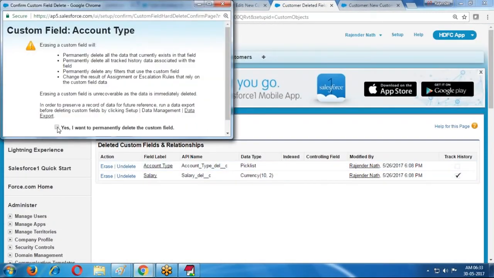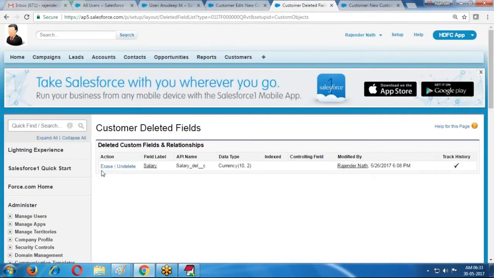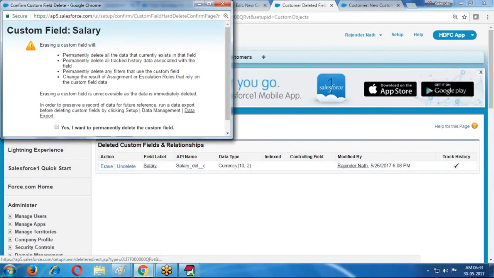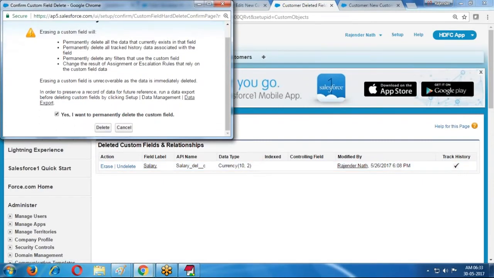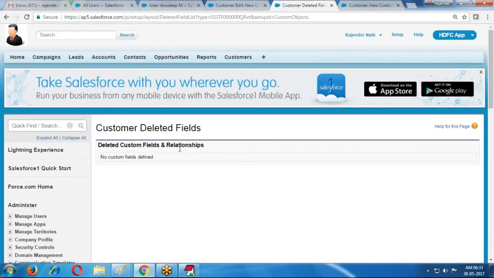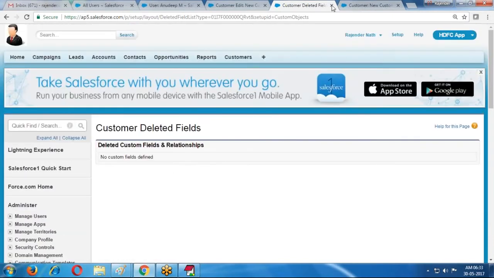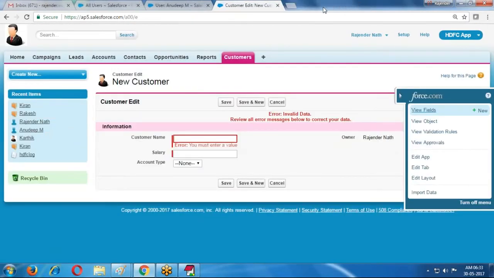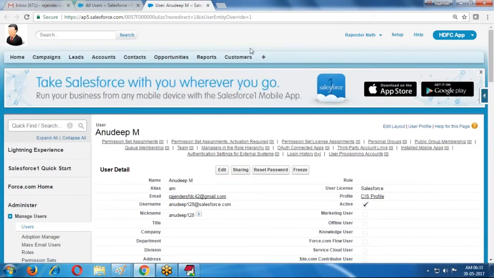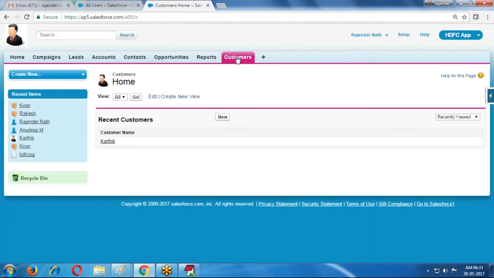If you want to delete permanently, delete, erase. Now, if you want to create a field, how to create the field? Go to the object definition, object tab.